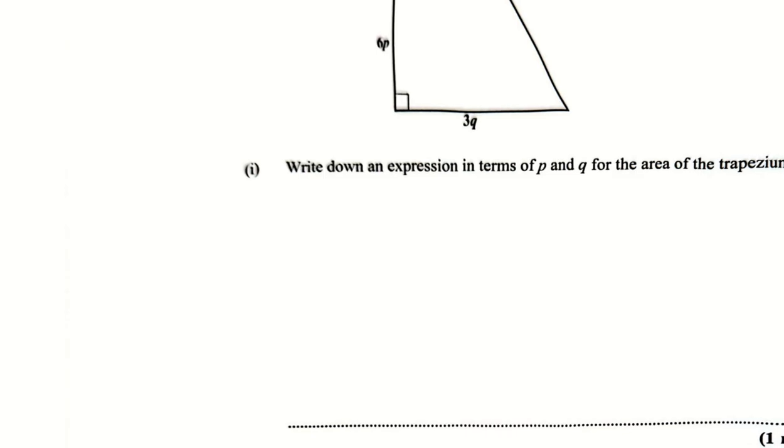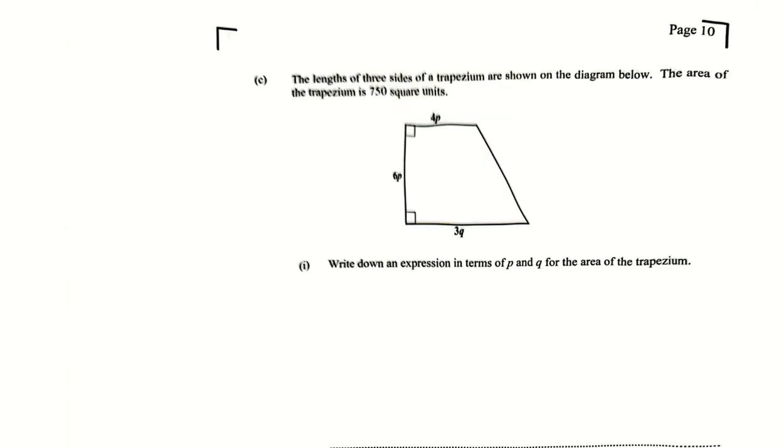Part C. Let's look at it very quickly. The question is, the lengths of the three sides of a trapezium are as shown in the diagram below. The area of the trapezium is 750 square units. Write down an expression in terms of P and Q for the area of the trapezium. So we know the area of a trapezium, let's put down the formula,